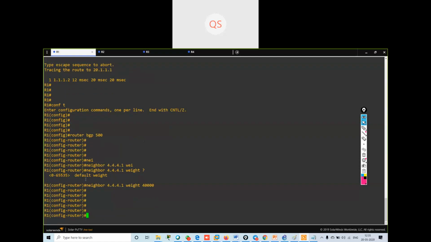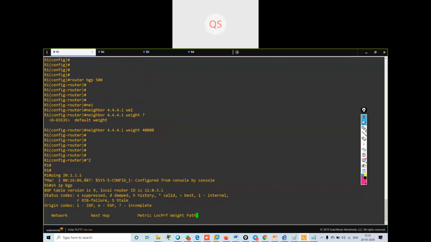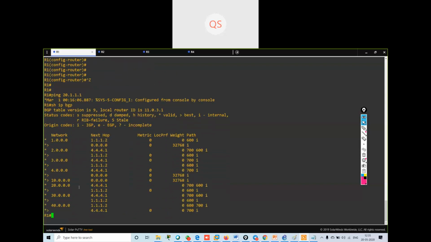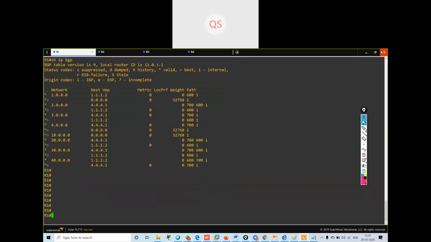Once I do this, if I verify my show IP BGP, see, it is still using the old path. Let me clear the process: clear IP BGP * soft.